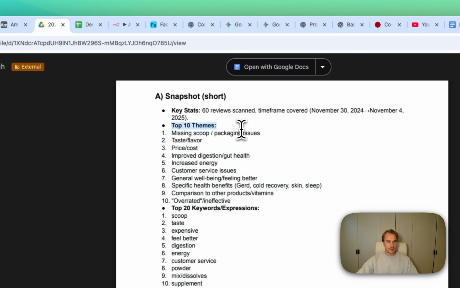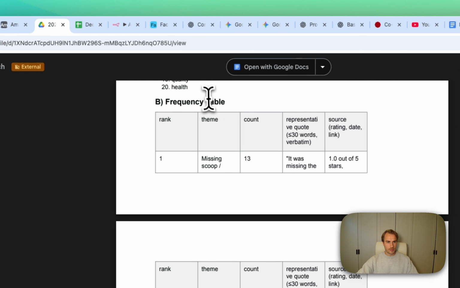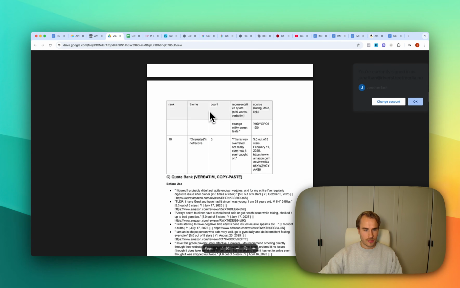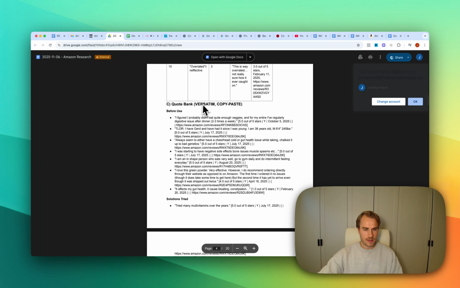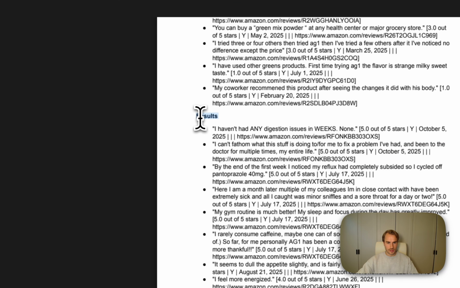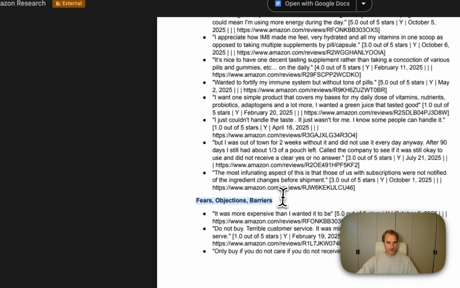We then pulled in the top 10 themes mentioned, the top 20 keywords pulled. We go through a frequency table here in terms of the themes and the counts and how many times that specific theme was mentioned, plus a representative quote. We then go through a quote bank here of verbatim mentioned topics from the reviews. So we have some before use, some solutions tried, results, some needs and desires mentioned, any fears and objections,